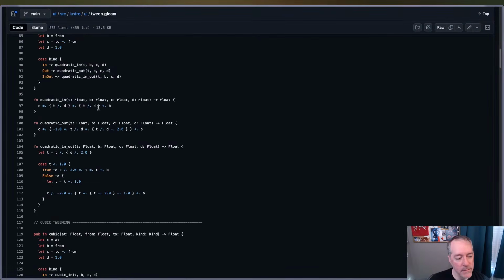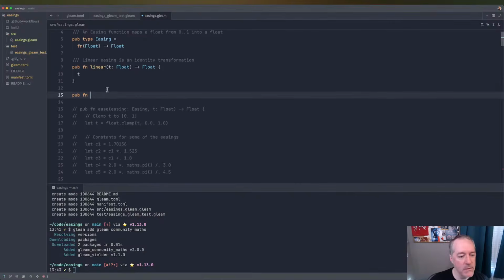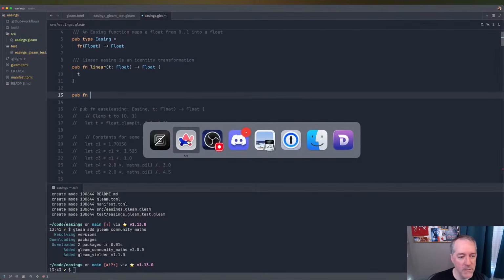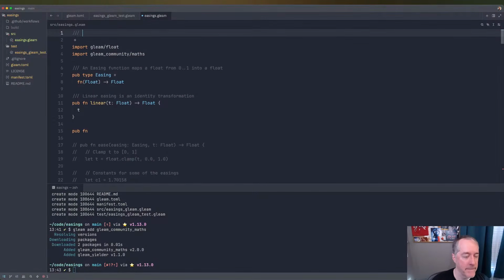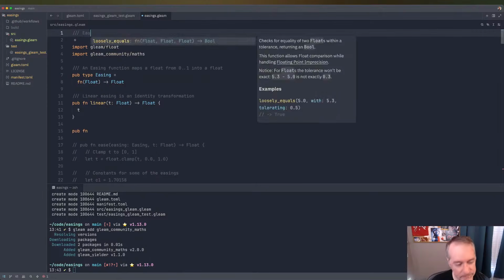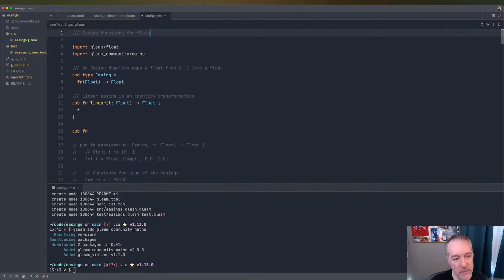Well, they don't use, they just say quadratic in. Yeah. So I think I want to keep it. Let's say functions for fluid or for